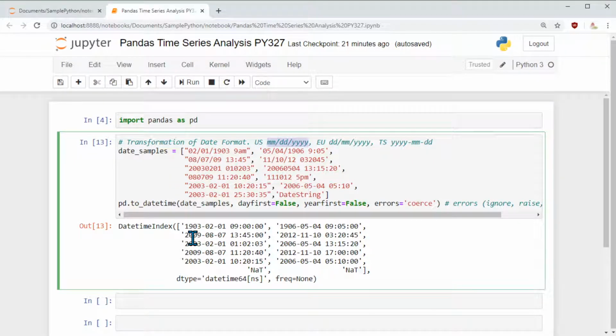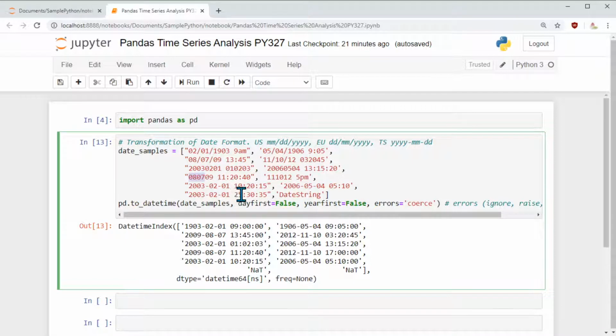The first one is February 1st, and it pulls in the timestamp and says February 1st. Perfect. Same thing here, I have August 7th, and once again it's pulling August 7th because the month is first.